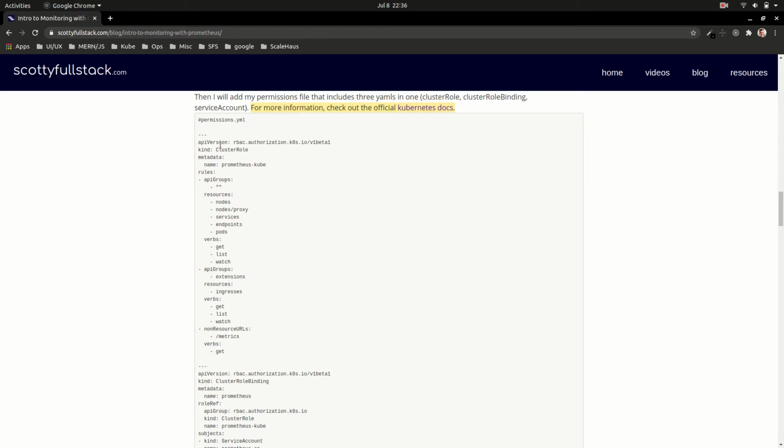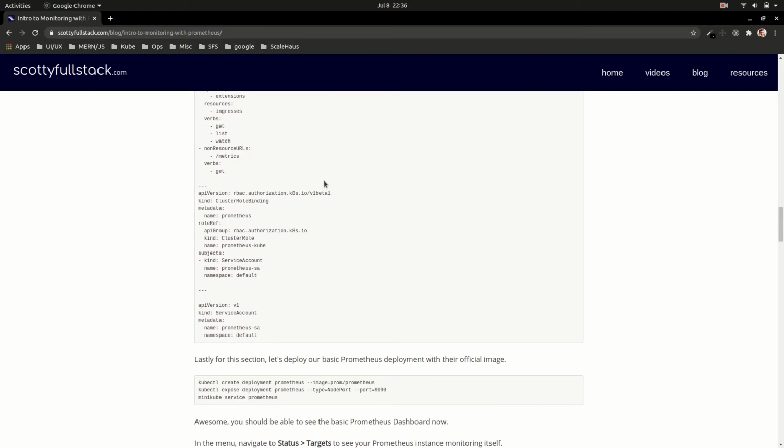So that's awesome. So the next step here is to allow Prometheus, when we get it deployed, to be able to observe other pods in our cluster and have permission to do that freely. So these are pretty much straight from Kubernetes documentation. I've linked the docs in here so you can go through that. I don't want to take too much time up on this, but essentially there's 3 files in one